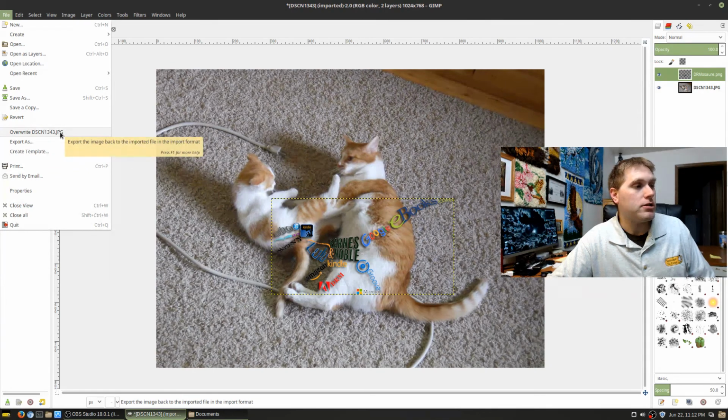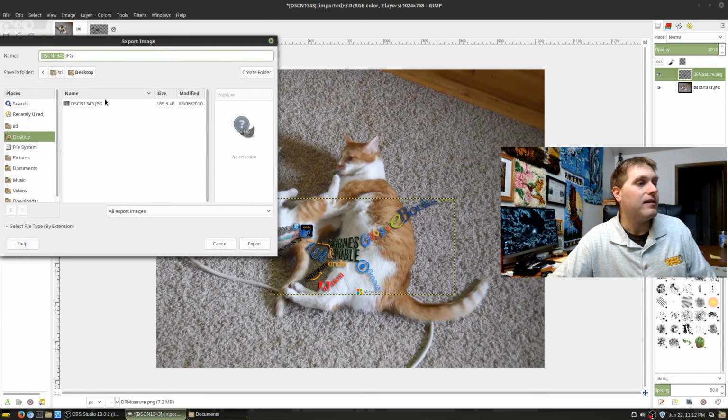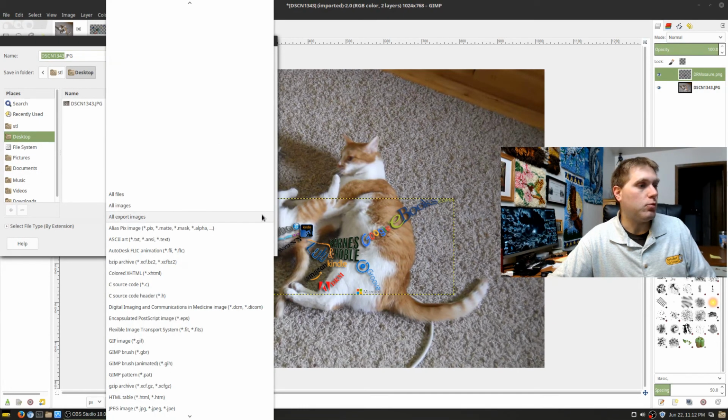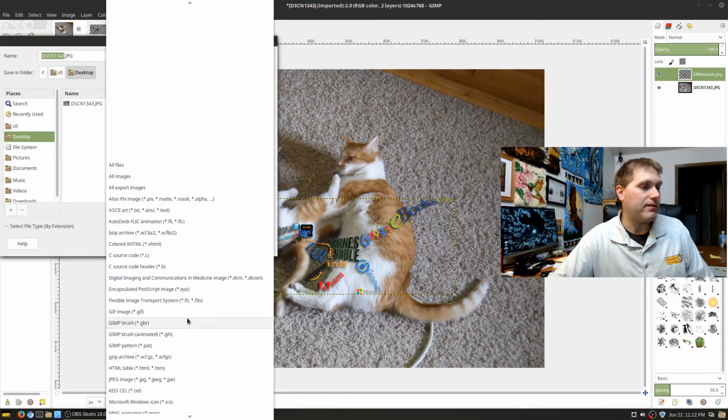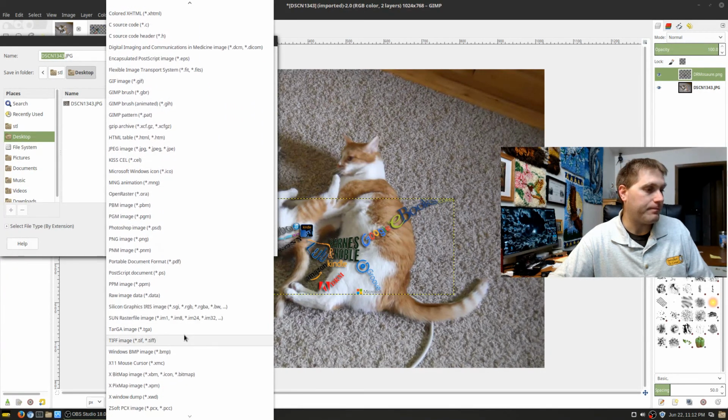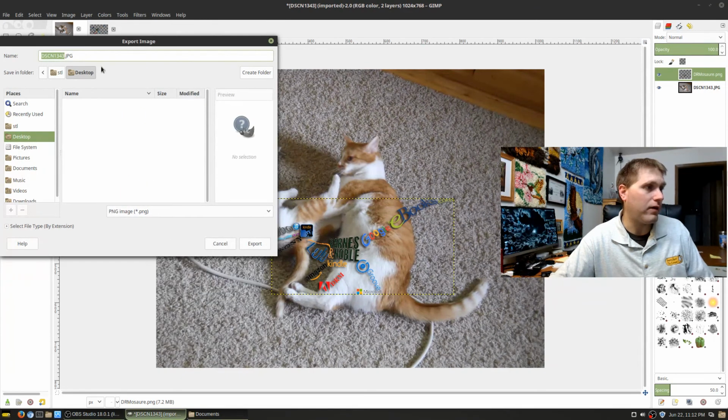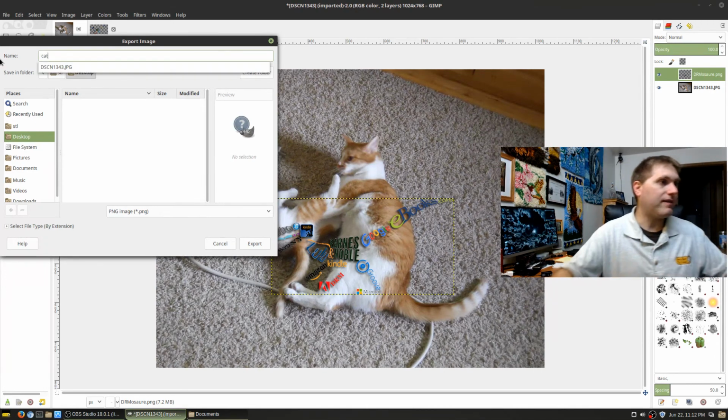Now, the one thing you can do is you can overwrite this file. Since this is layered, it will flatten the file. Or if you export as, now what you want to do is you want to come down here and grab the type of file you want to export it as. So what I'm going to do here is let's first export as a PNG, which I should not do. So I'm going to call this, if I just call this cat